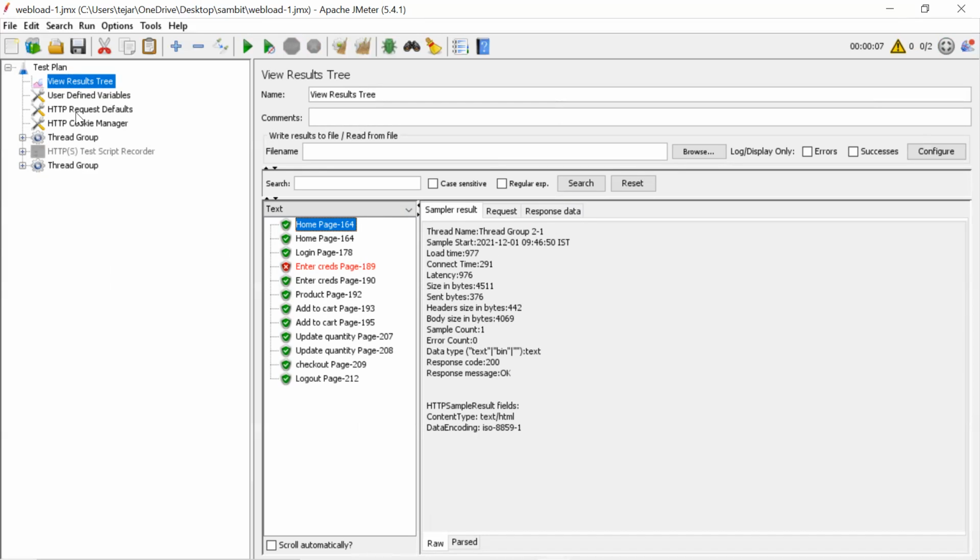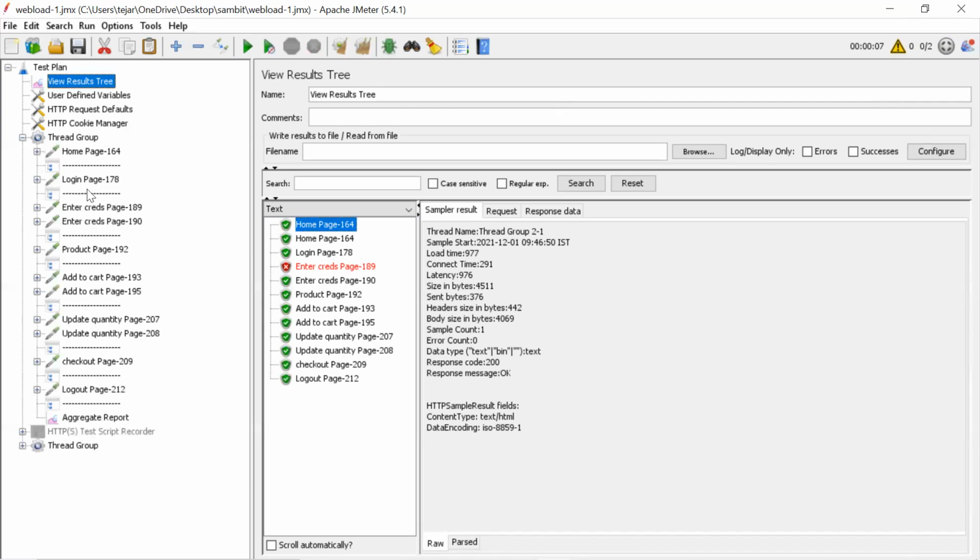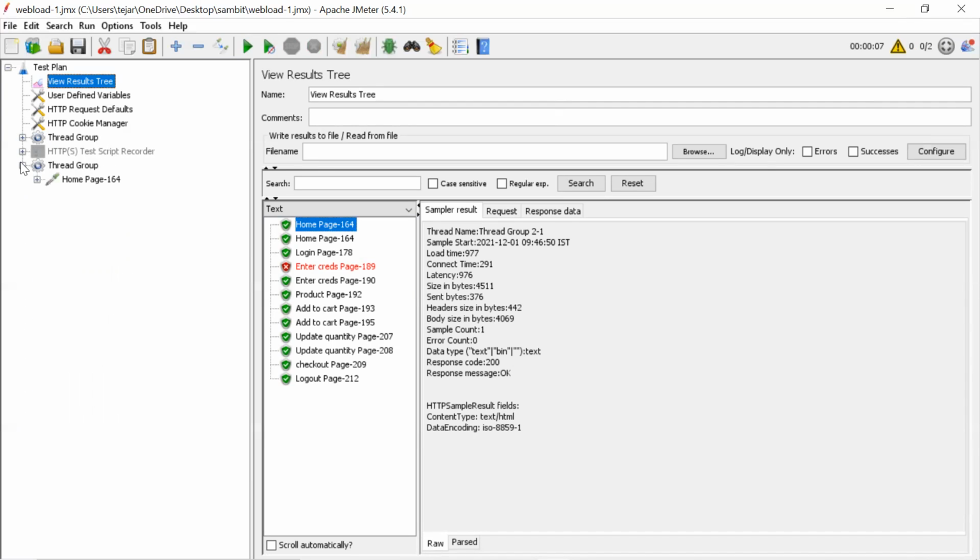Thread groups are independent of each other. That's the basic rule. It's like a different script, even though we capture them in one single test plan. They can't transfer data. They are completely independent, and the data created in this thread group you can't access directly. It's like a separate script, a separate JMX file. But in some cases, if you want to define everything in a single JMX, you can use multiple thread groups here and create the script.